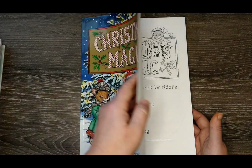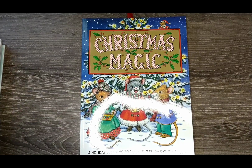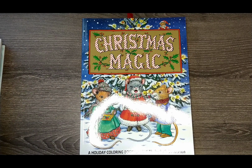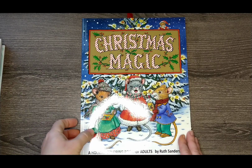Yeah, so I don't have any colored in the actual coloring book, but I know I colored that in a Coloring Heaven. Let me see. I might be missing one. I might have to hunt down another Coloring Heaven magazine that I'm missing for Christmas, but I'll hunt that down and add it